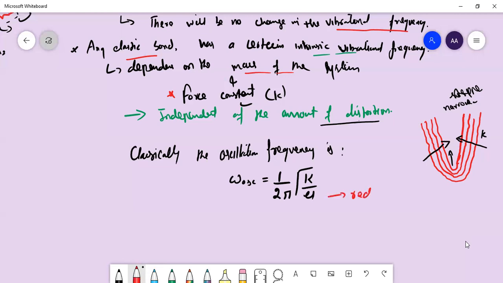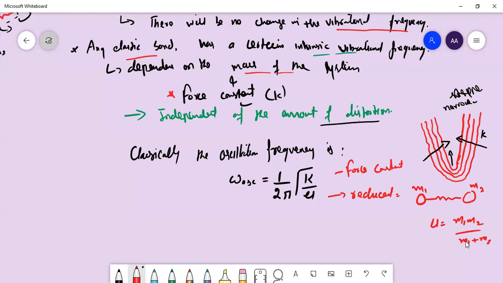It is the reduced mass, which is equal to, if we have a diatomic molecule like this, that this is atom number 1 having mass m1, and this atom number 2 with mass m2, then your reduced mass is equal to m1 m2 divided by m1 plus m2. So mu is the reduced mass of your system, and K is the force constant. That's why I have told you that the force constant is a very important term.